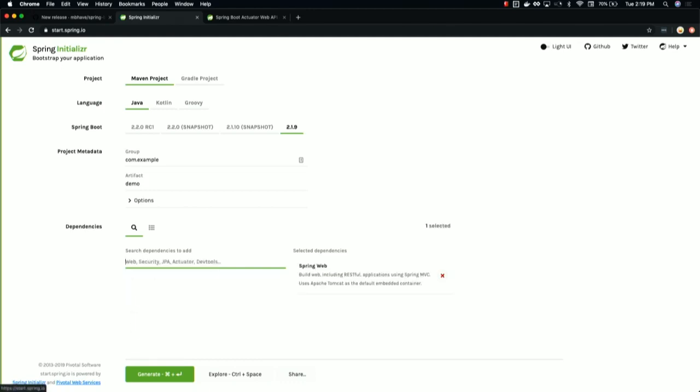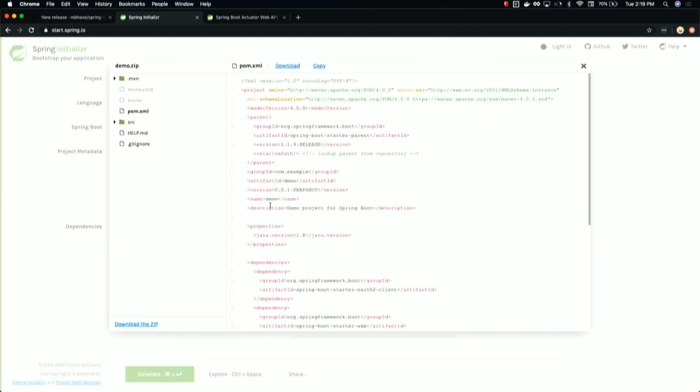So you can add the web starter right from here. You don't need to remember the Maven coordinates of that web starter. If you want to add those OAuth things that I talked about, you can add them from here. Start.spring.io has had this new feature since a couple of months ago. If you just want to look at what the POM looks like when you add these dependencies, you don't need to generate a project and download the zip. You can click on this Explore